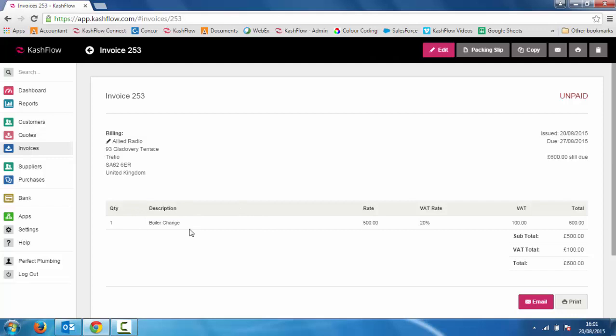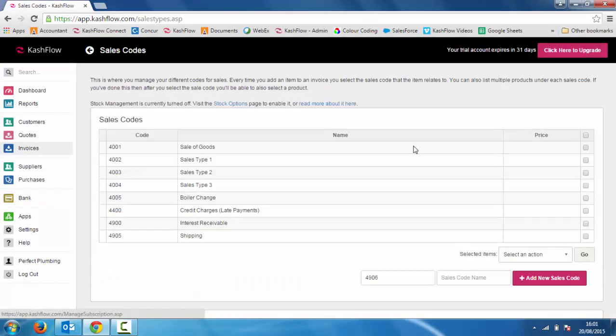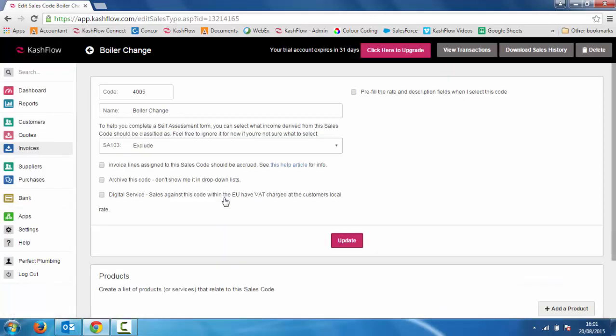and that has now assigned that directly against boiler change. But if we want to pre-fill that, let's say I always charge the same amount when I do a boiler change. If I go back into sales codes in the top right hand side and just click into boiler change, I have the option to pre-fill my rate and description when I select this code. So if I just click on here and put in a value, so I always charge £500 and my VAT rate is 20%, and I can put the description line that I want to appear on the invoice within here